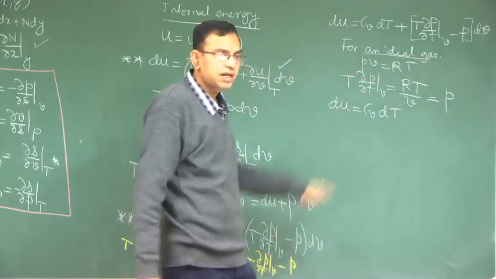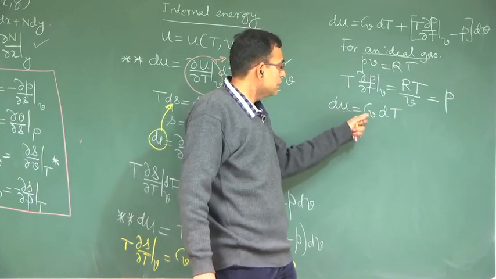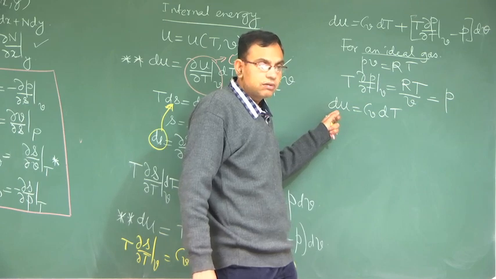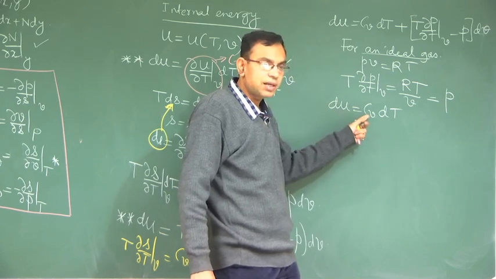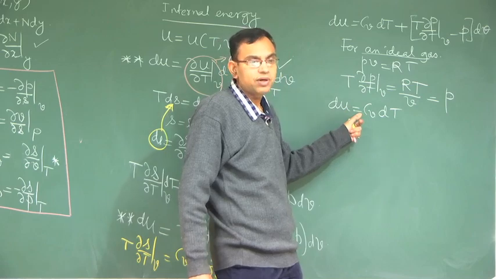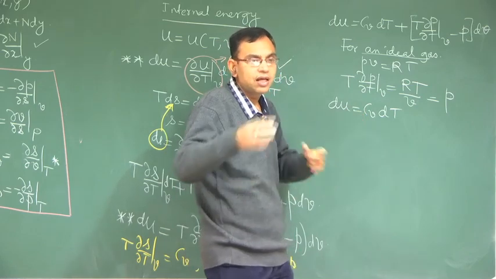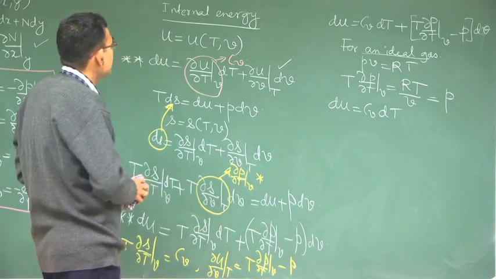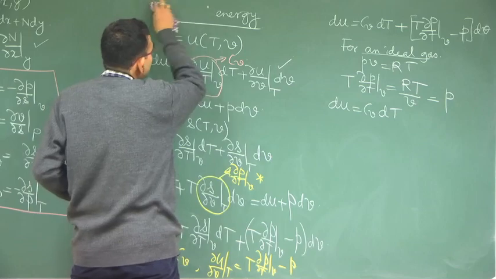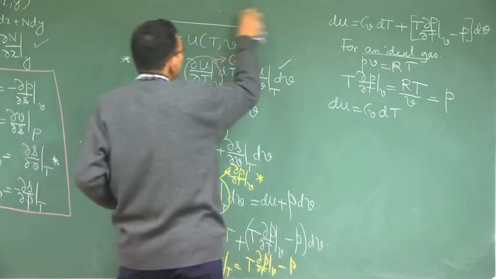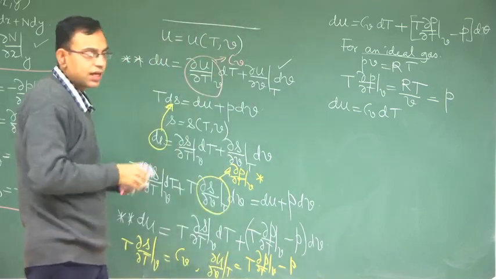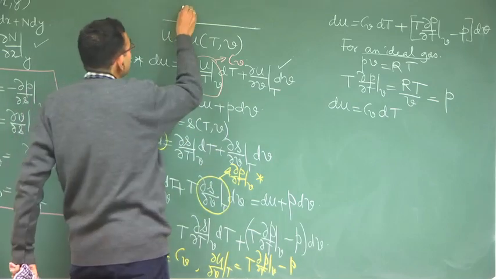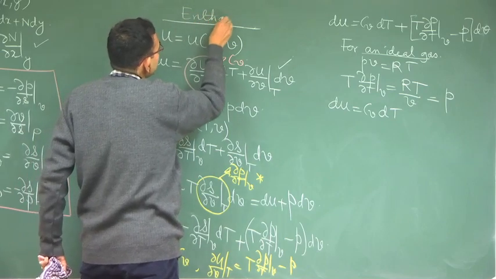Now, is it sufficient to tell that U for an ideal gas is a function of temperature only? Not really sufficient, because you also have to establish that CV is a function of temperature only for an ideal gas. So, that we will see as another step, but before that we will consider enthalpy instead of internal energy and do a similar exercise. I will follow exactly similar steps, so that you can follow it nicely.